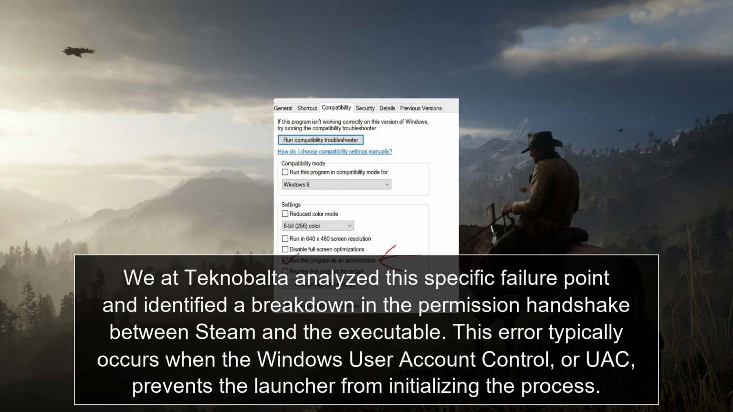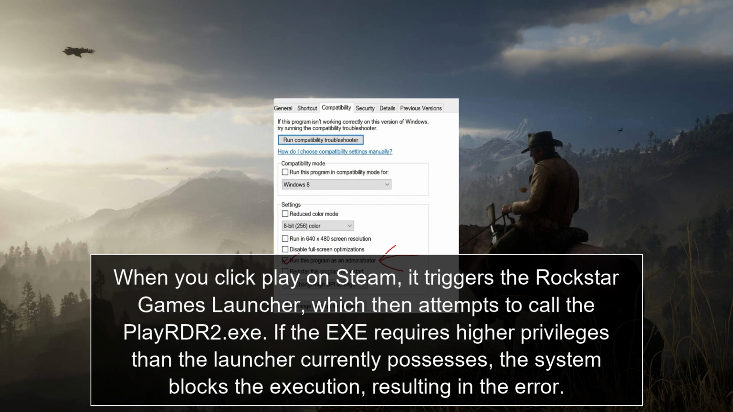We at Teknobalta analyzed this specific failure point and identified a breakdown in the permission handshake between Steam and the executable. This error typically occurs when the Windows User Account Control, or UAC, prevents the launcher from initializing the process. When you click play on Steam, it triggers the Rockstar Games Launcher, which then attempts to call the PlayRDR2.exe. If the exe requires higher privileges than the launcher currently possesses, the system blocks the execution, resulting in the